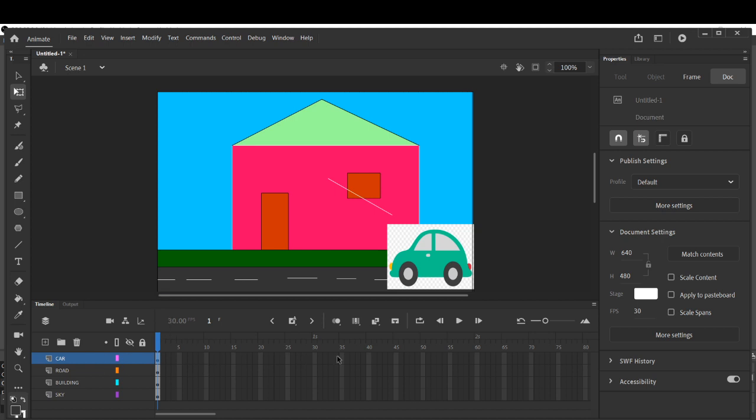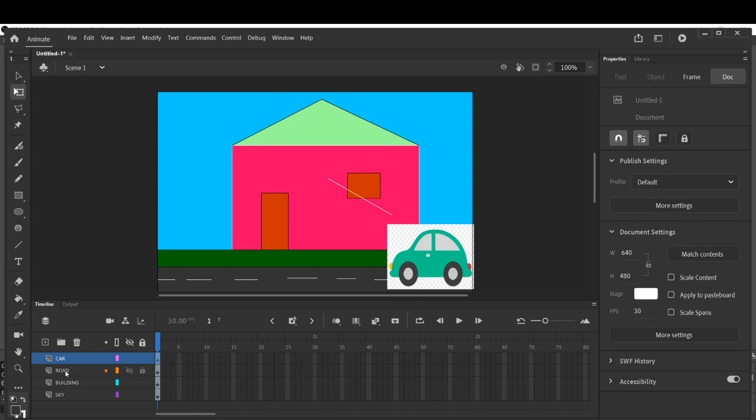So for that, what you have to do, now we are entering the part of animation. Earlier, what your ma'am has done till now, we have created different layers and some objects. On the building layer, we have created the building. On the sky layer we have drawn a sky and the color is the sky color.